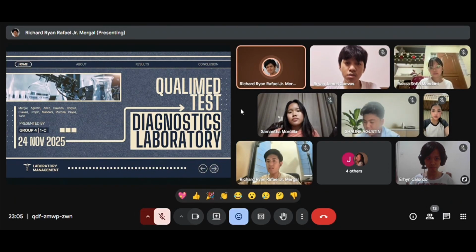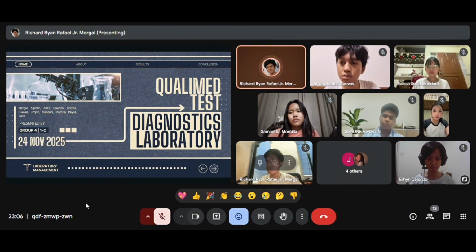Today, we will be presenting our terminal requirement in laboratory management. We are Group 4 of BSMT-1C. I am Richard Mergal, the leader of the group, and today we'll be talking about our clinical laboratory. In particular, its floor plan, its 2D model, the 3D model, in particular, the sections that are found in our